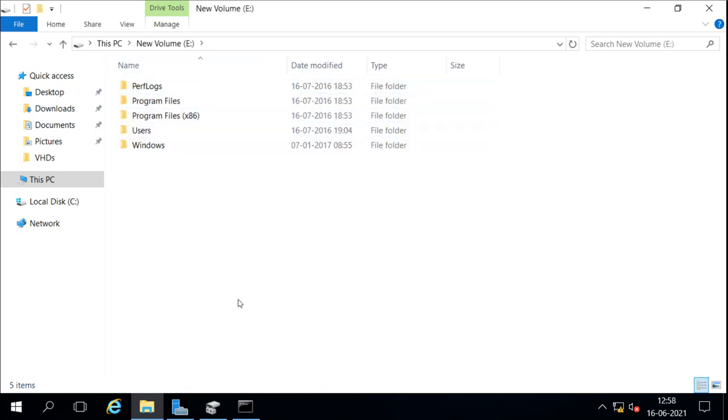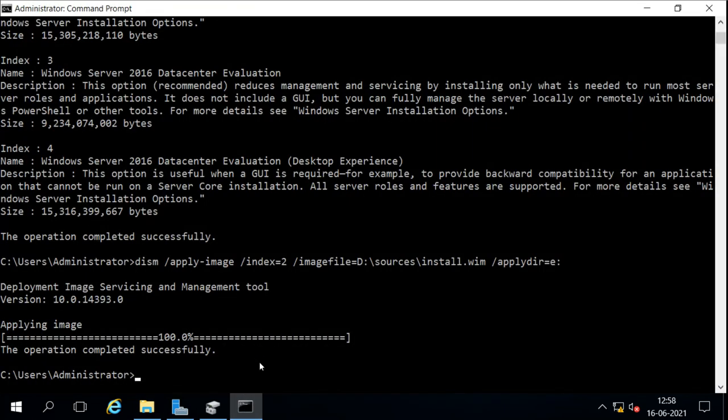Now we have to add this installation which we did on that disk into our installation list, our bootable list. So to add this into the boot list, when we restart the system, it is going to ask us which operating system we want to start. So we can select that E drive also, and for that I will use the BCDboot option.